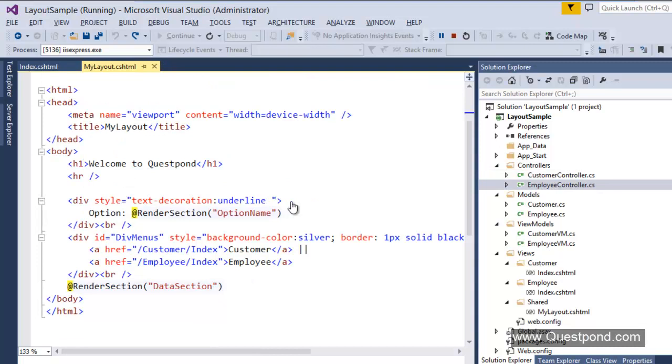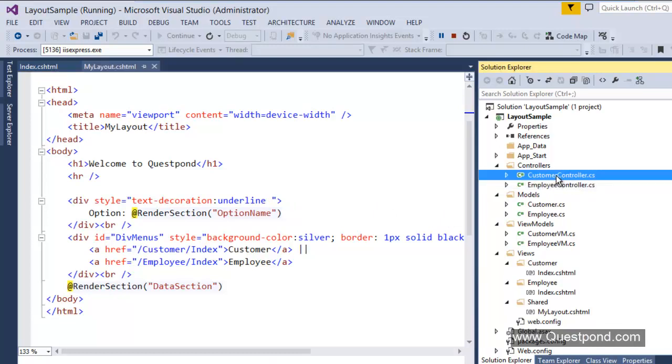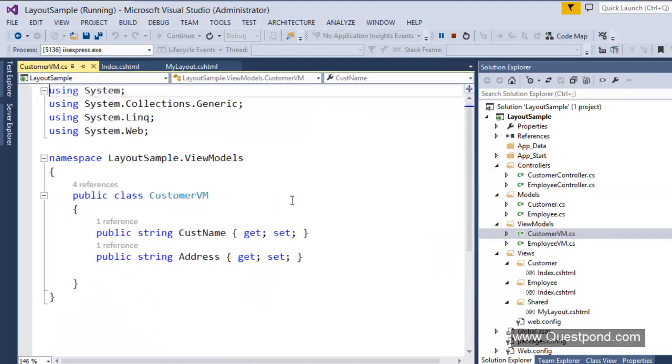To start with it, let's talk about a very simple data called company name, which we will get from database. And for the beginning purpose, let's talk about only customer for now. So it will include simple 3 steps. Step number 1, go to your customer VM class and simply create one more new property.